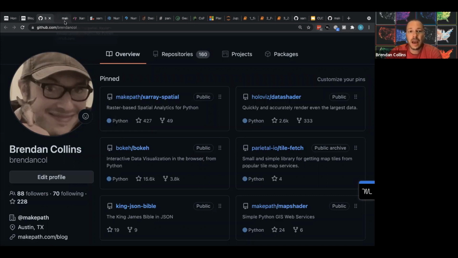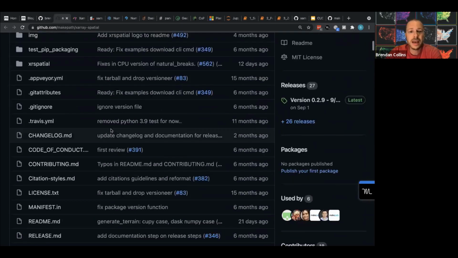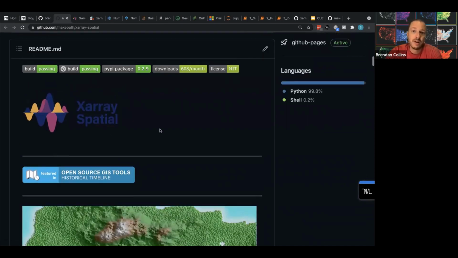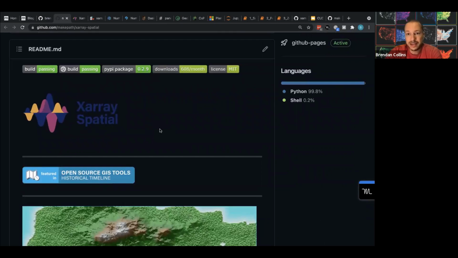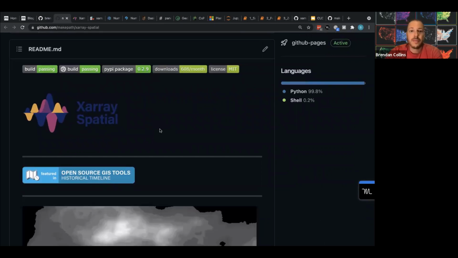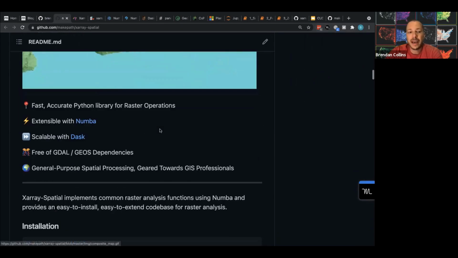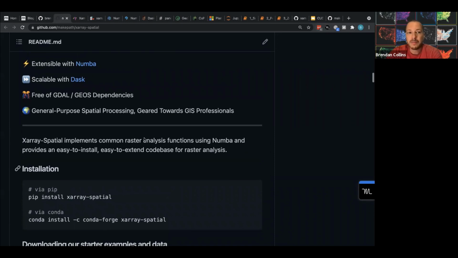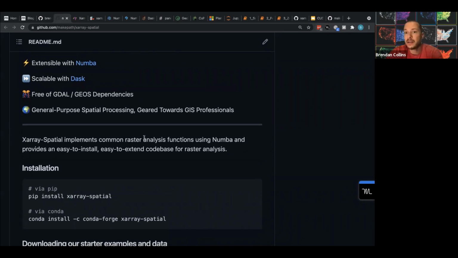So specifically looking at Xray Spatial, which is a library for geospatial analytics that are based on rasters. Within the geospatial world, and this is nomenclature for geo, we tend to break the types of data sets that we have into raster and vector types. So we know that vector is a little bit of an overloaded word. Many domains have the term vector. When I use the term vector in this presentation, I'm going to be referring to data which represent discrete phenomena. So things like points, lines, and polygons is the world of vectors, while Xray Spatial addresses the world of rasters,